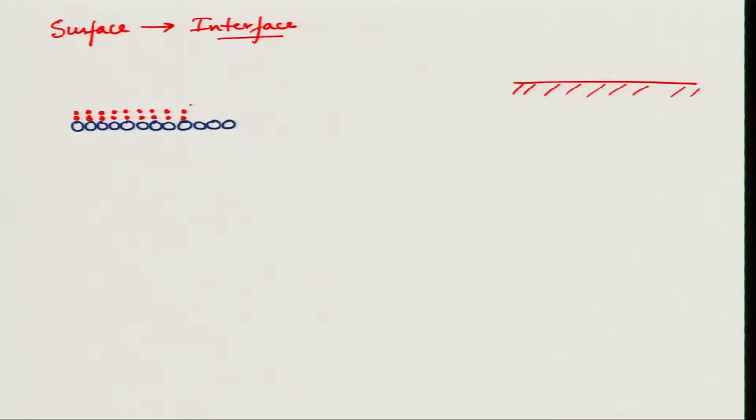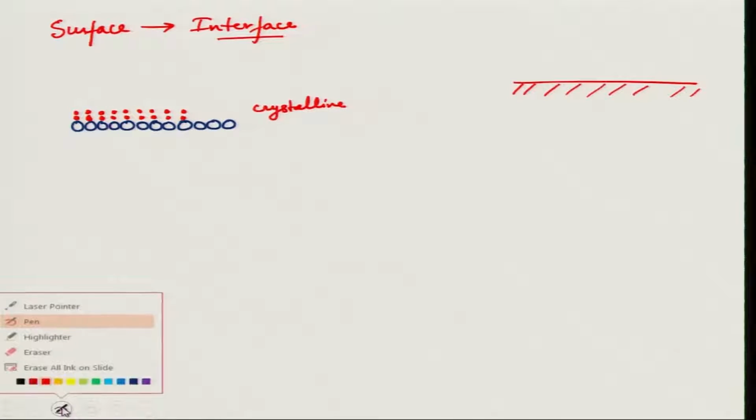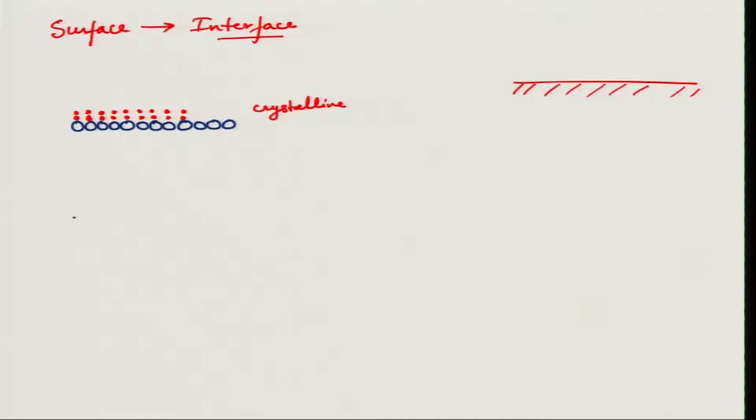So, this is one kind of interface, which we can say is crystalline. If we recall, epitaxial thin film growth is crystalline thin film growth similar to this. We can also have an amorphous thin film growth and an amorphous interface,